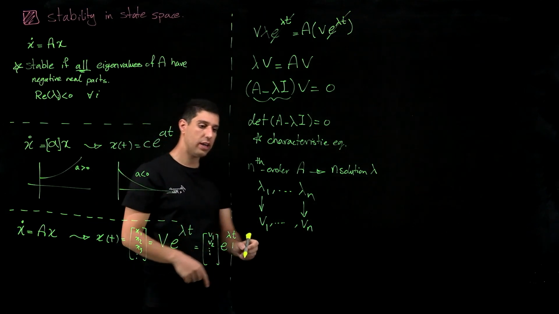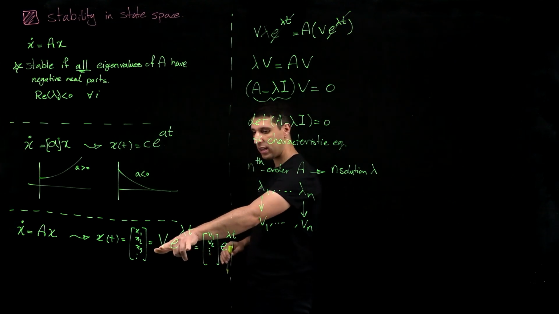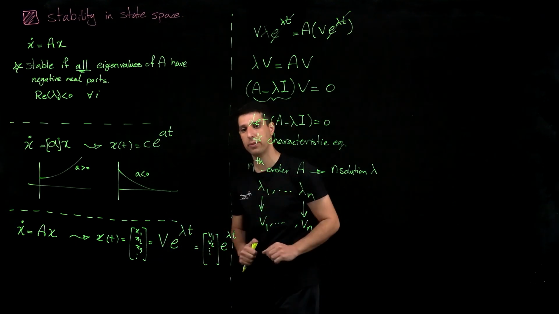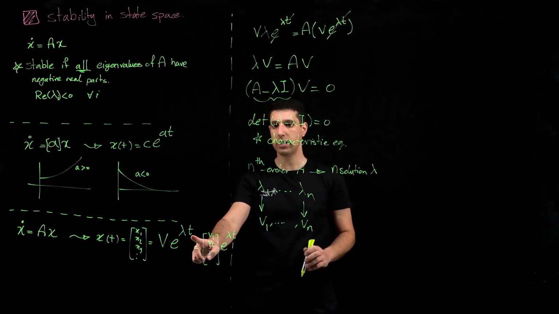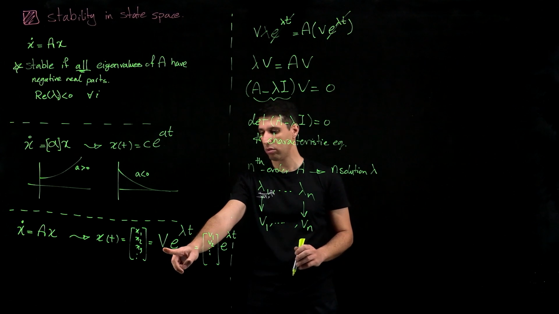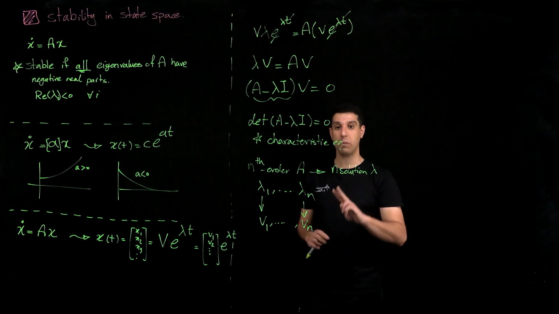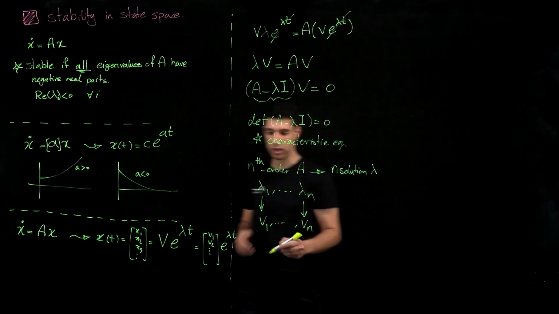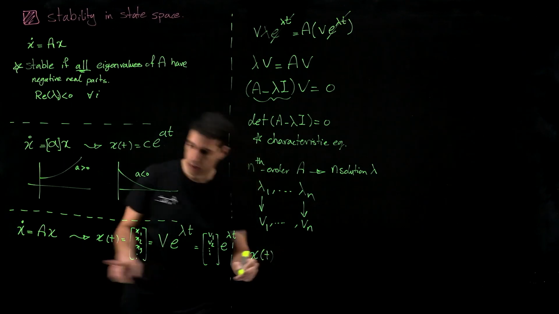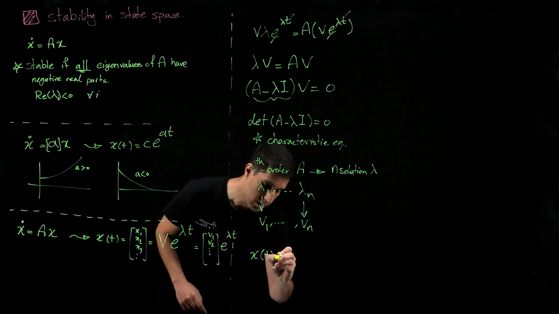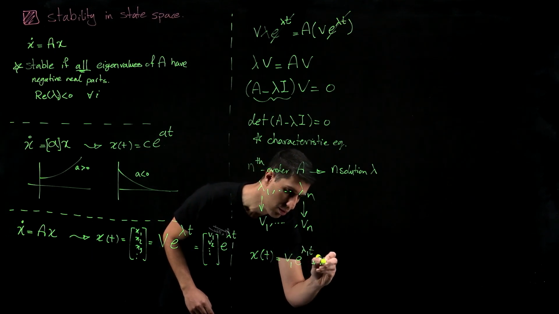So when you have identified all these eigenvalues and eigenvectors, you have n choices of this shape. So v1 e to the lambda 1 t could be one solution. v2 e to the lambda 2 t could be another solution. And the summation of them could also be a solution. So in general form, the general solution for this differential equation is C1 v1 e to the lambda 1 t plus C2 v2 e to the lambda 2 t